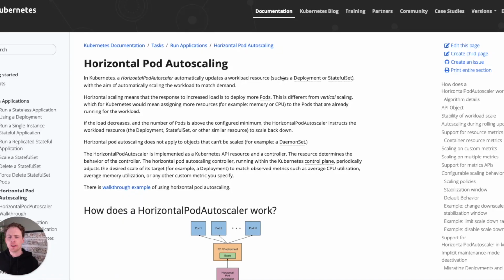Now you might find yourself asking, what is a horizontal pod autoscaler? Great question. So glad you asked. Probably means you're here for the right reason. I'm going to go with the docs here. I'm just going to read some of this off. In Kubernetes, a horizontal pod autoscaler automatically updates a workload resource. So think deployment or stateful set. In our case, we're going to be doing deployment, with the aim of automatically scaling that workload to match the